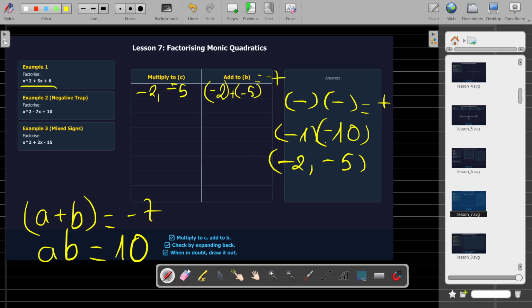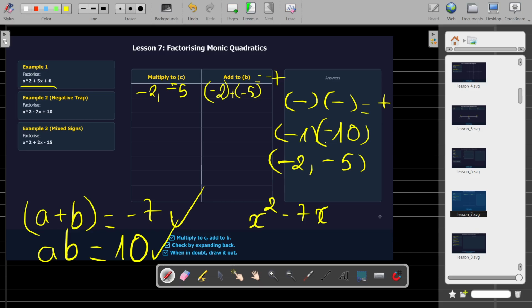So right here, what we have is both conditions are met. We have -2 plus -5 equals -7. That's the first condition, and the second condition is -2 multiplied by -5 equals 10. That's our second condition. And so when we have these two values that satisfy these two conditions, great, those are our values right away. And so when we factorize this, x squared